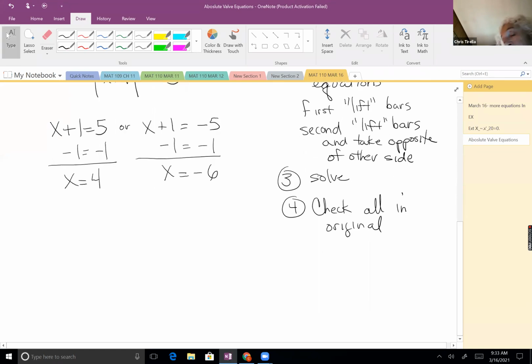And I think that original equation was the absolute value of x plus 1 minus 3 is supposed to equal 2. So first, if I check x,